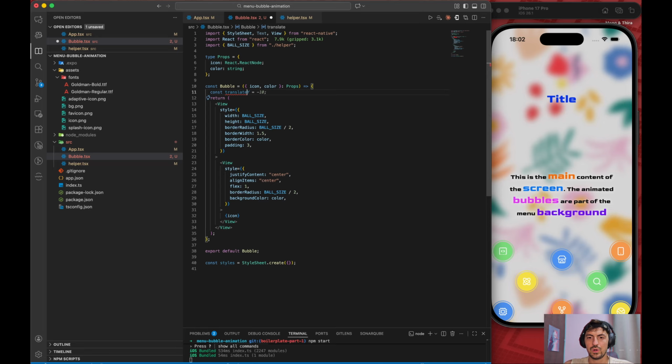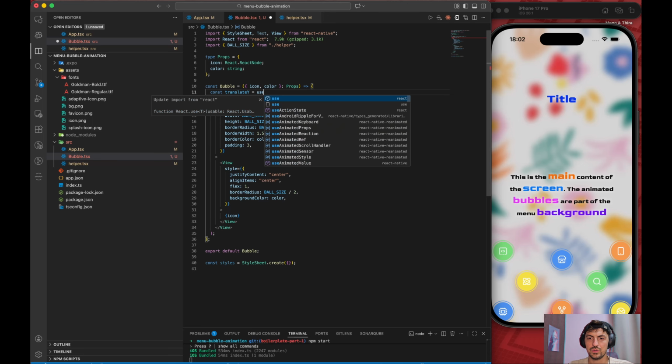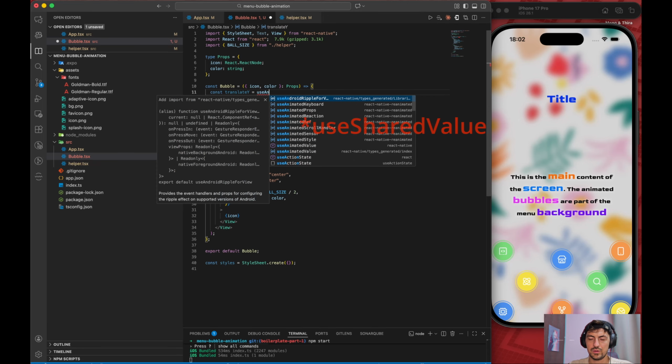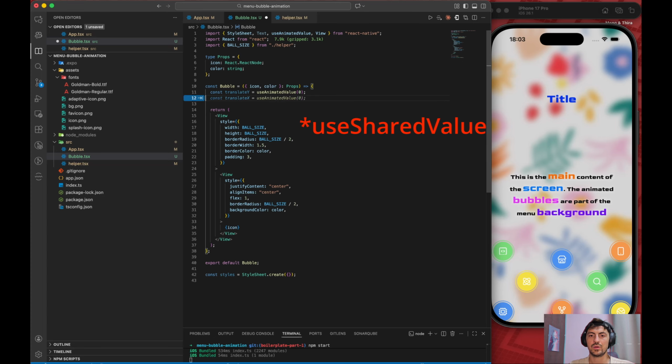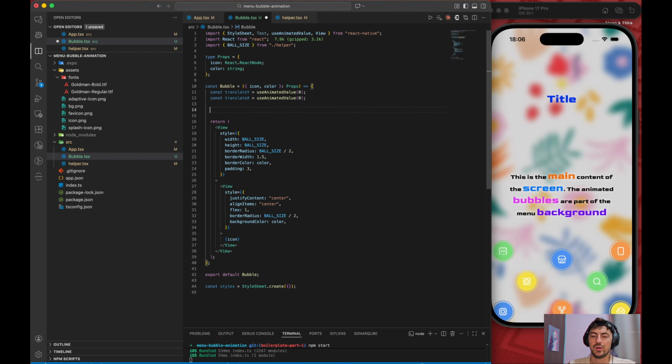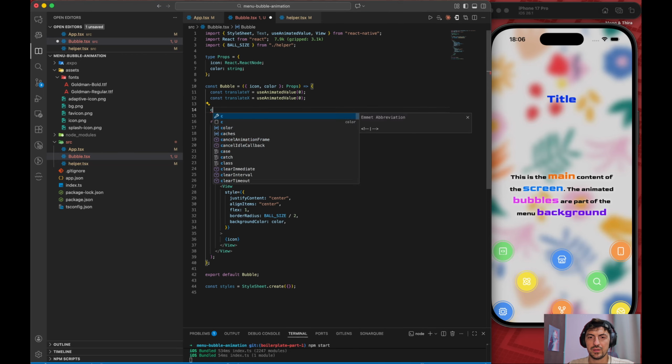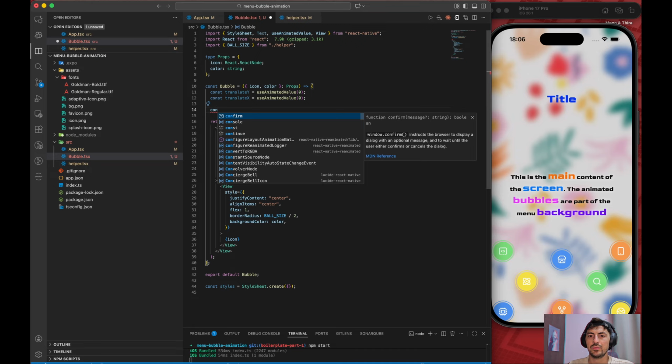Translate y, use animated value 0, and const translate x, use animated value 0. Yeah, that's good. Okay, let's create some function for getting random values from -5 to +5, like for making bubbles